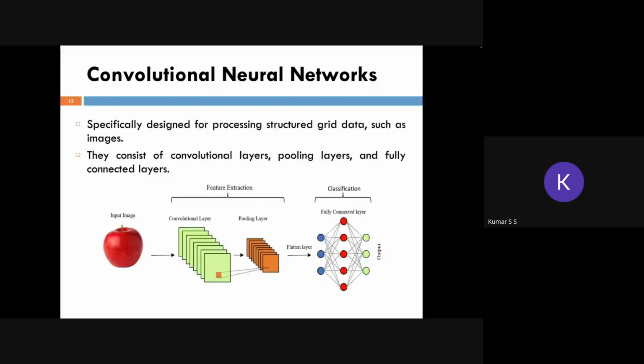Once we apply different convolution layers to the input image, we get a large number of feature maps. Again, the complexity is high. So in order to reduce the complexity, what